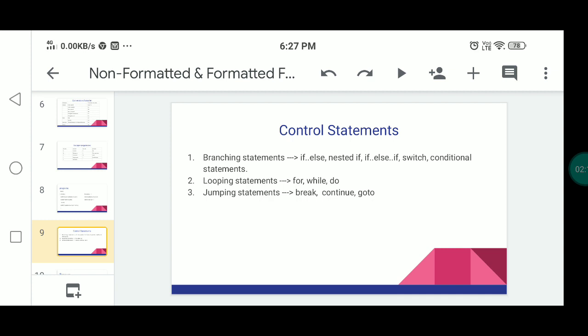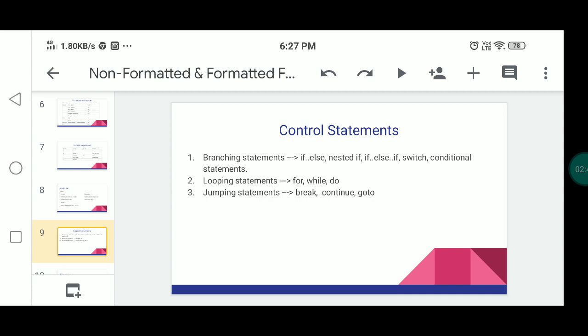Then next, what are the statements generally used in your C program? There are three types of statements. Number one is the branching statement, number two is the looping statement, number three is the jumping statement. Branching statements are decision making or conditional statements.